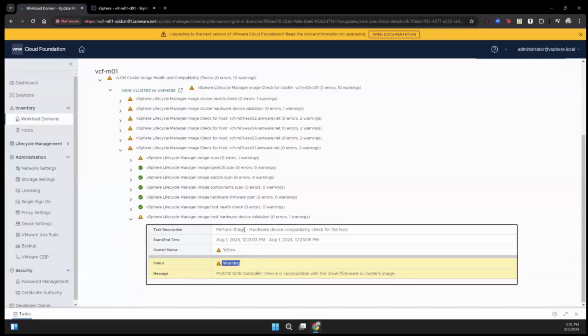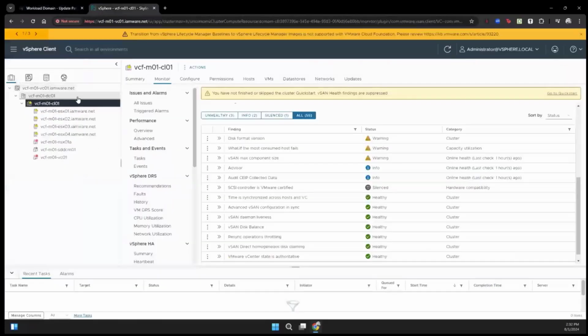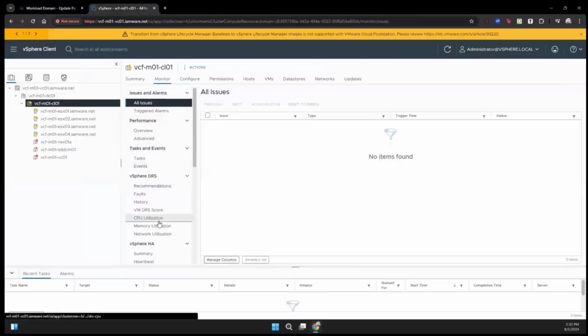Initially that was red. It wouldn't let me finish the upgrade. I had to go import that into the Lifecycle Manager. Actually, I'm showing you right here. I had to go into the